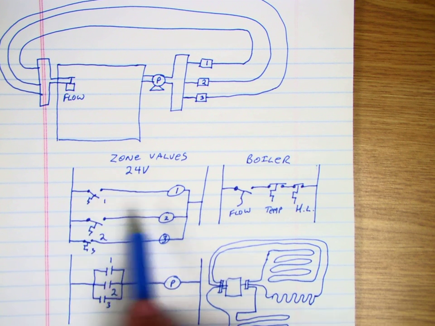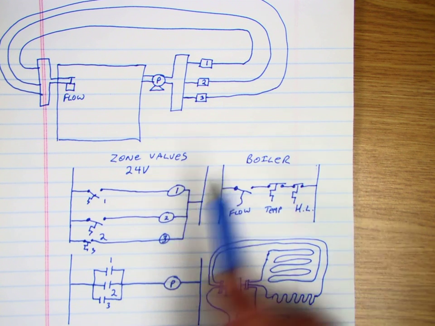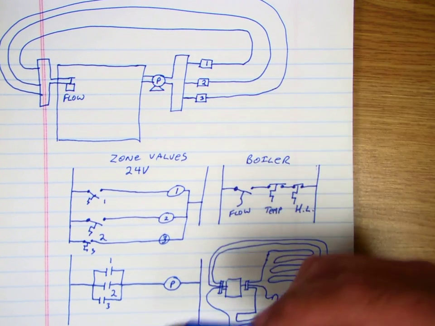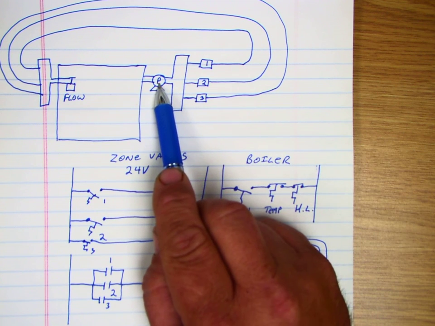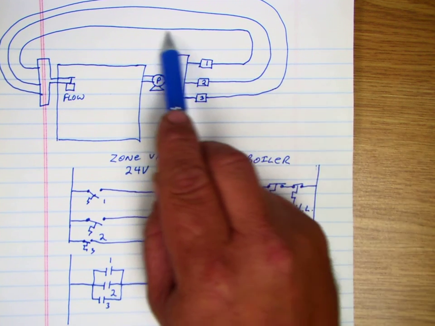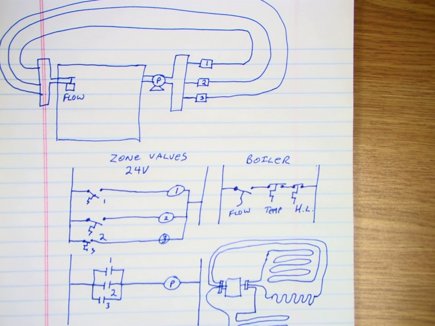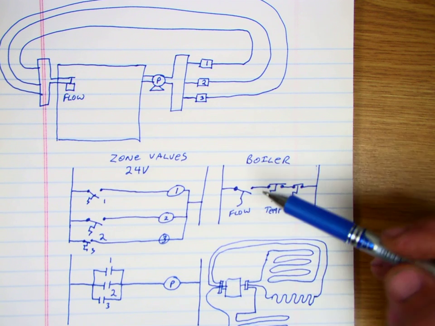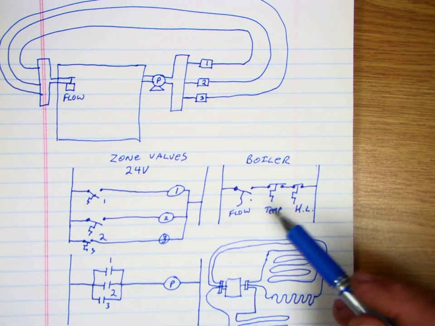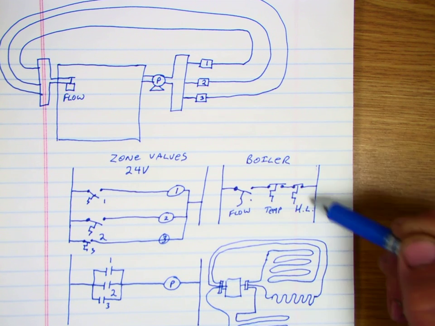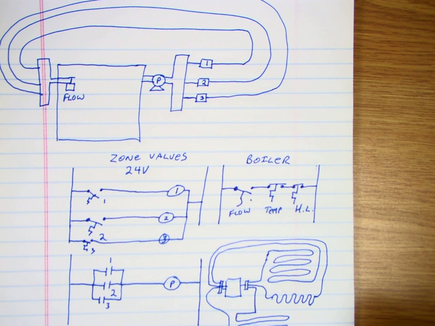And what happens is when your thermostat energizes zone valve 1, once that zone valve opens, it has a set of contacts in it that become closed, and that will turn on the pump. So once the pump starts pushing water through that valve, which is open, inside the boiler, they're not all like this, but this is pretty typical. There's a flow switch, so when it sees water moving, it closes, and then as long as it's calling for heat and it hasn't hit the high limit and any other safety devices, then the boiler will